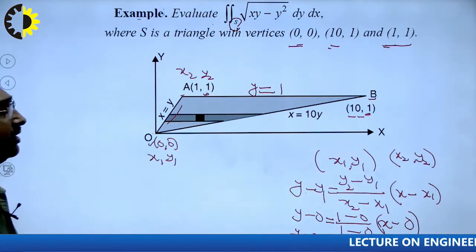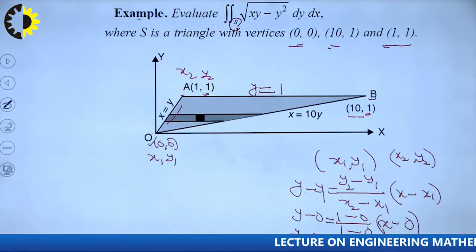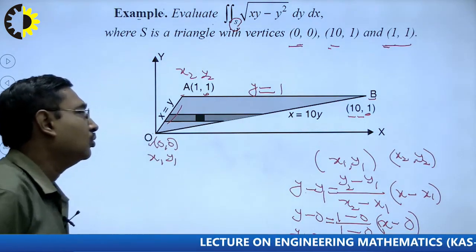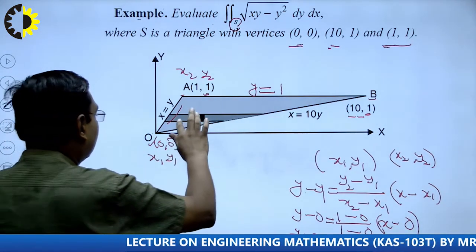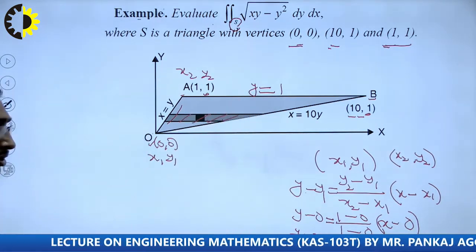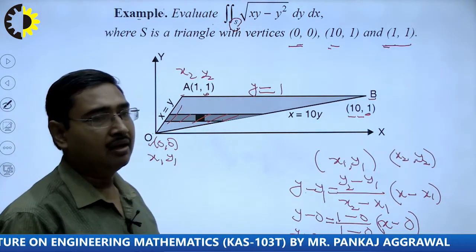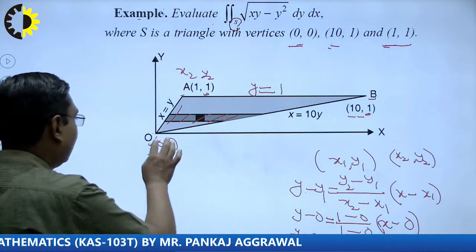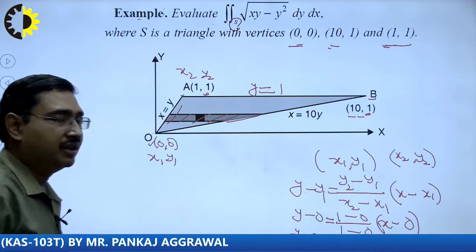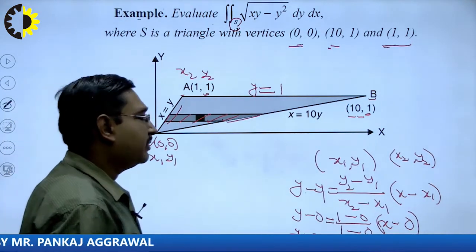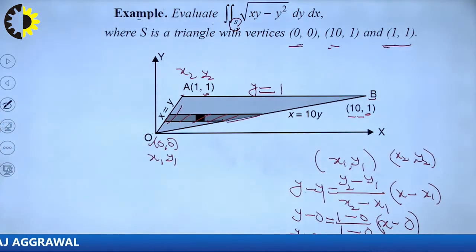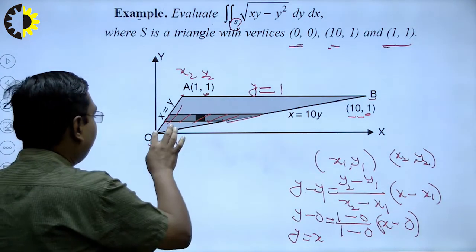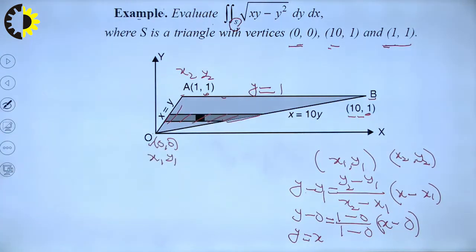Now we find the limits by taking horizontal slices. I have divided this region into horizontal slices. This is our elementary slice, because this slice is this time taken parallel to the x axis. Therefore, the limits of x will be calculated from the end points of this slice, and these limits will be calculated with the help of the equations, that is, the limits will occur in terms of y. The limits of y will be calculated from the extreme points, that is, the lowest point and the highest point.